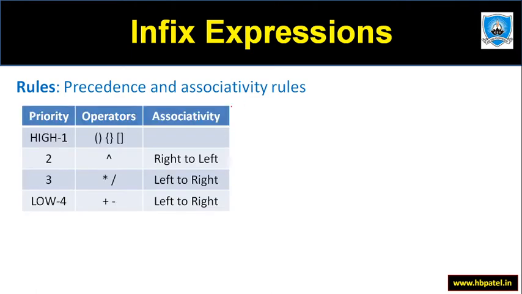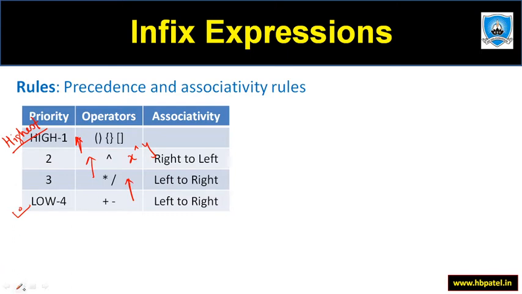So how do they work? It depends on the operator that you are having. Supposing you are having plus and minus operator, so it is having the lowest priority. Then multiplication and division is having higher priority than this plus and minus. Then exponent, x raised to y. So exponent is having higher priority than multiplication and division. And parentheses are having the highest priority. So this is important, this priority of different operators.